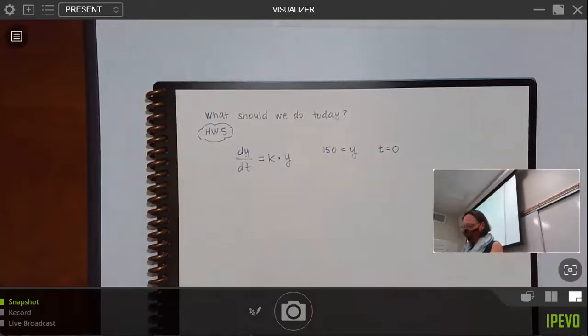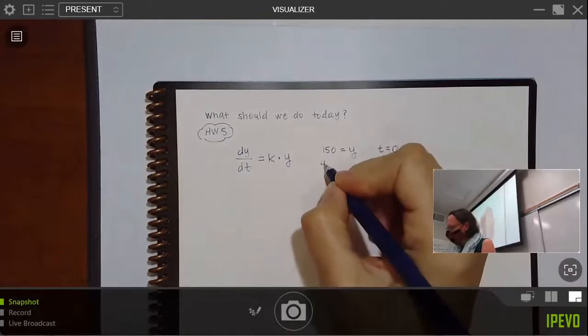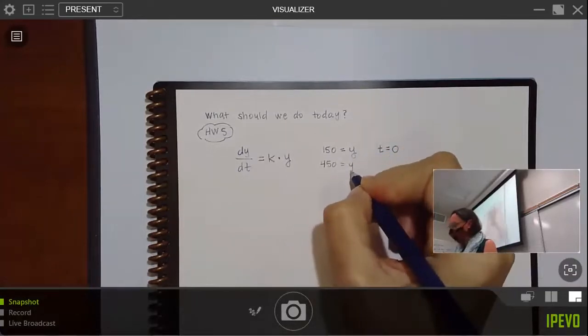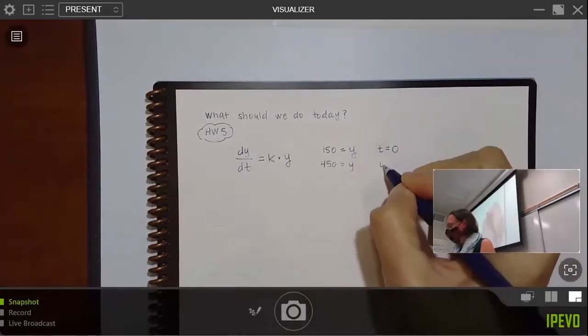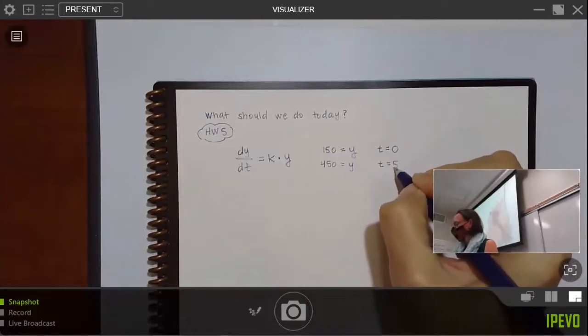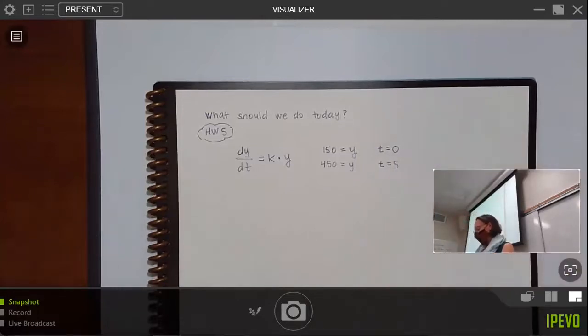And if I make that t equals 0, then we're told that there are 450 bacteria 5 hours later. So I'm just going to make that t equals 5. You do not have to use 0 as your starting point. It's just more convenient numbers-wise. So then we're asked a whole bunch of questions about this, but this is enough for us to get our